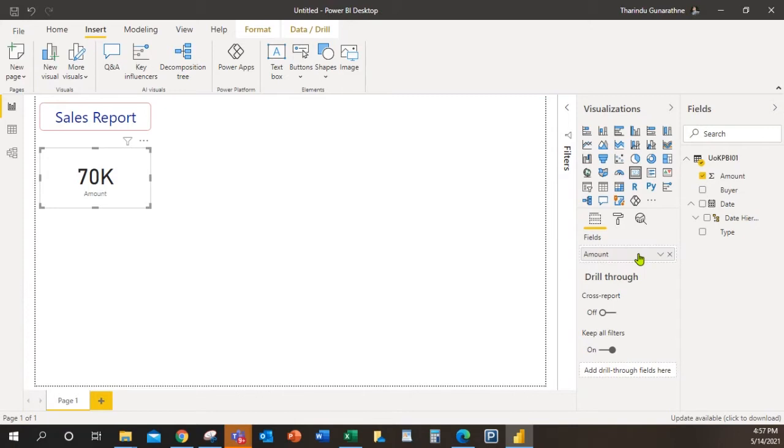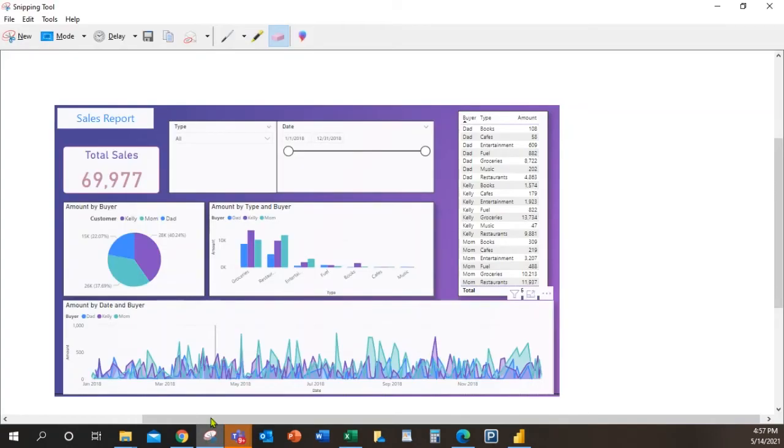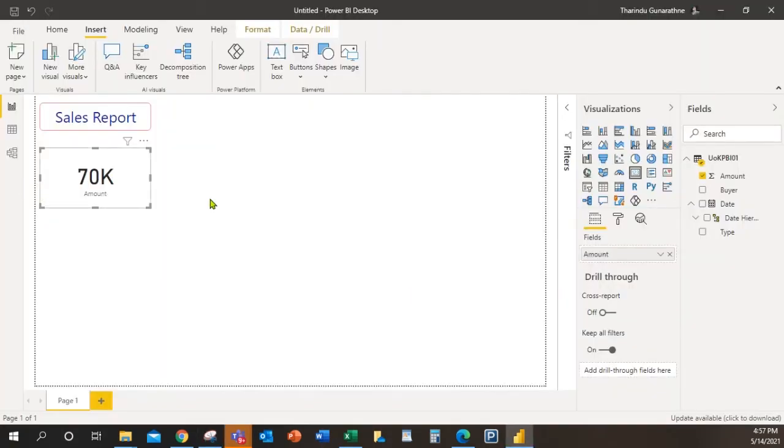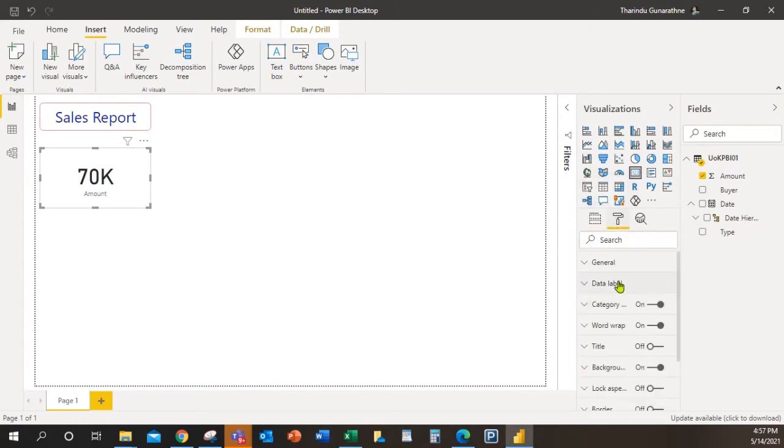Okay, now you have that understanding. Now let me show how to make this, because in our screenshot the value is not 70K, it is 69,977. Go to format, and this is the data label.